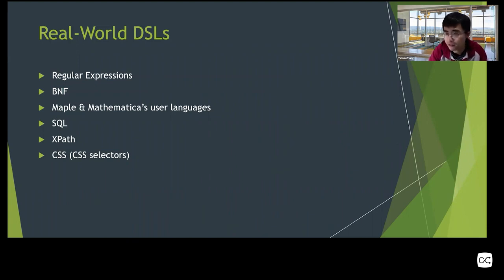And the BNF is also widely used in internet standard specification documents for describing notations, syntaxes, things like that. Yeah, it's a meta language for describing grammars or syntax of other languages, including itself. And also the mathematical languages used in Maple and Mathematica, those software.